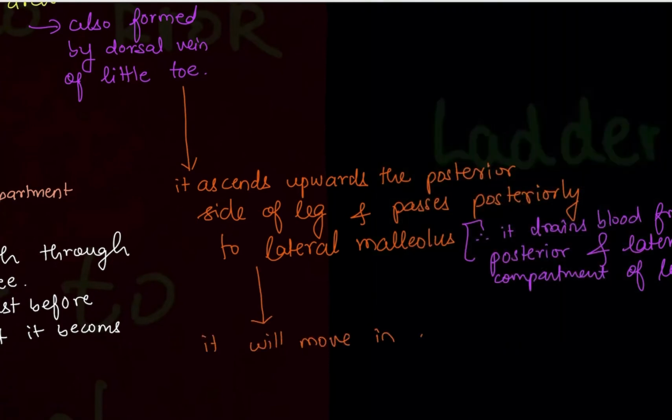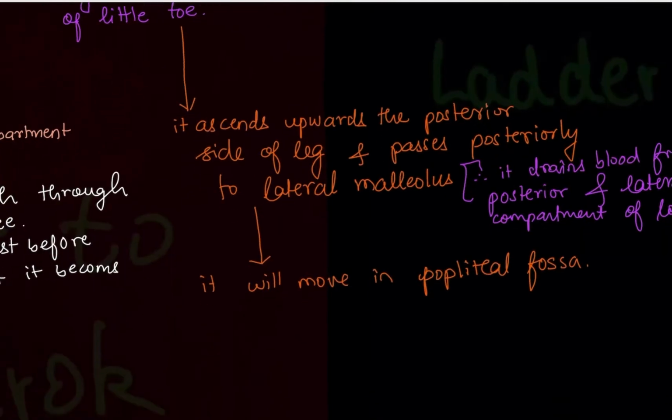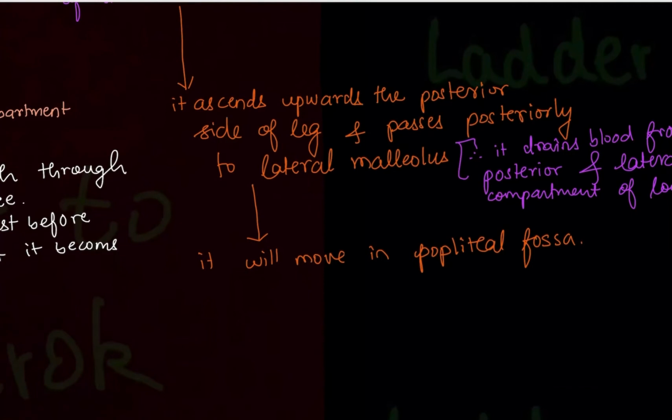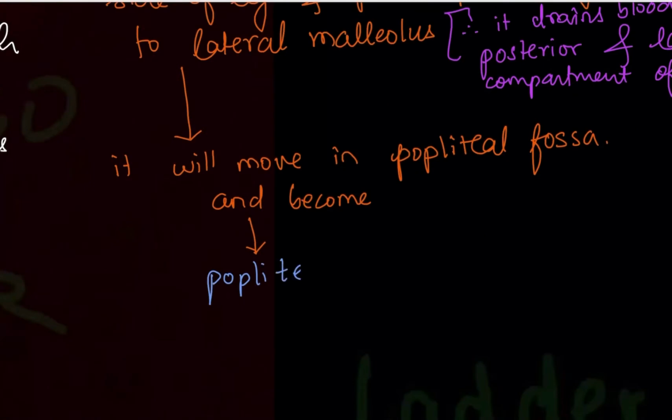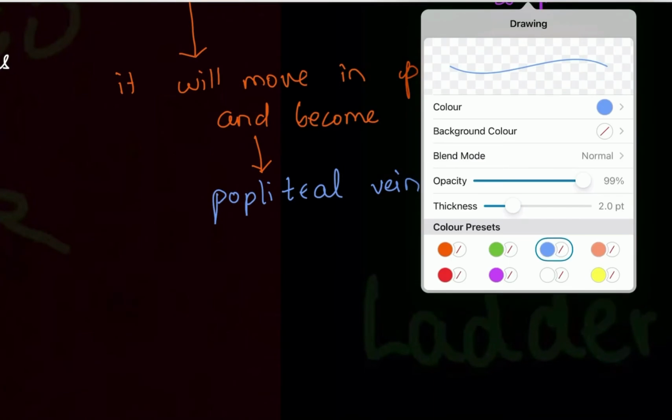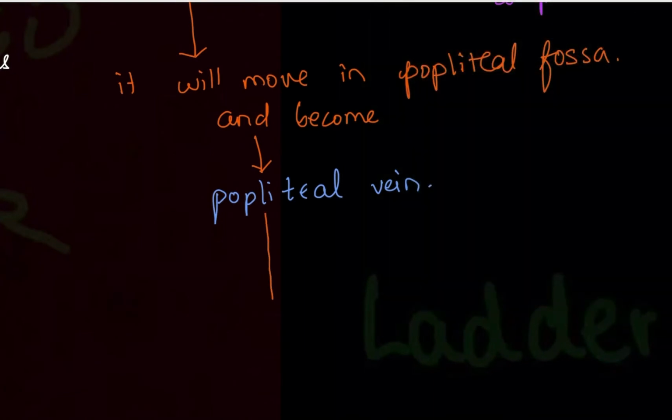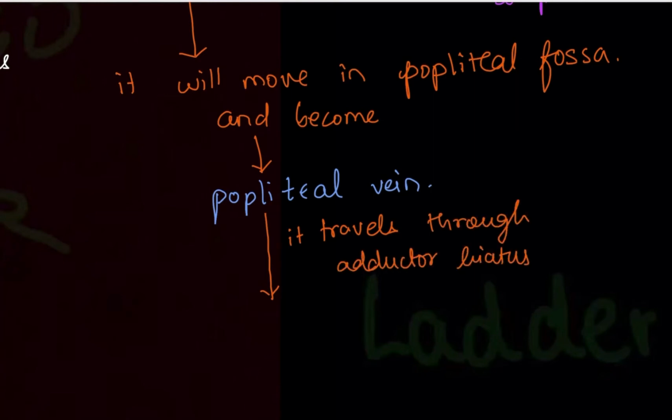Okay. Then further, write down, it will move in the popliteal fossa. Okay. Popliteal fossa is present on that side, posterior side, right? So in the popliteal fossa, it will move and become the popliteal vein. Okay, this popliteal vein, write down, it travels through the adductor hiatus and becomes,